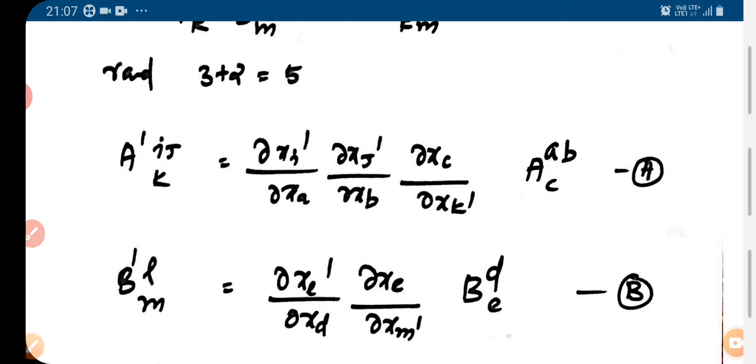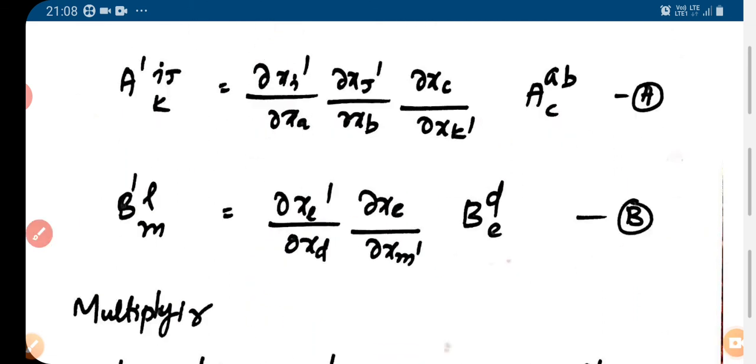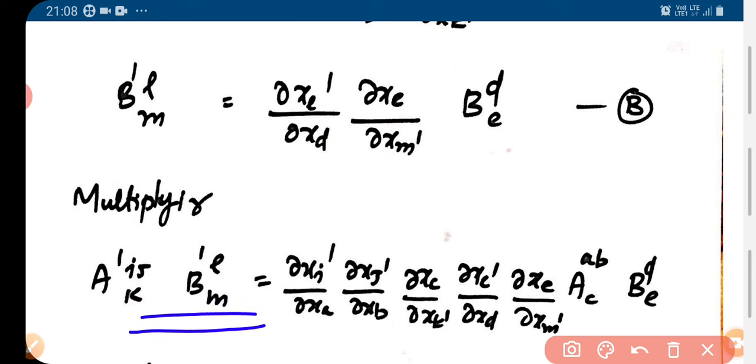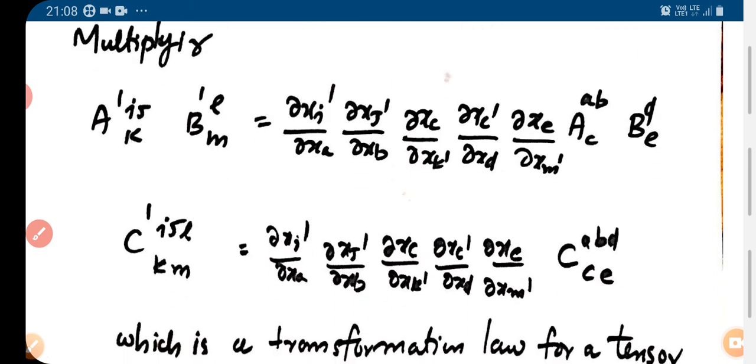It's very easy to prove that. Since A is a third rank tensor, we have this transformation relation for A'^{i}_{jk}, and since B is a second rank tensor, the transformation relation will be this. And when you multiply, you are multiplying the components. So as you multiply, you will be getting this transformation relation. These are the components. You multiply the components, and the quantity that you get transforms like this.